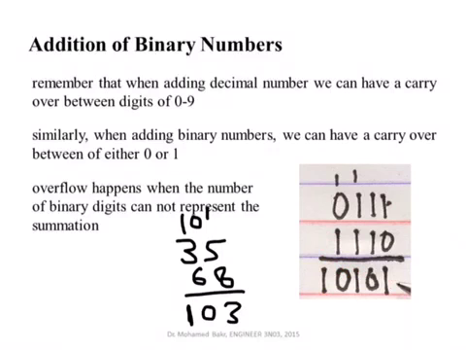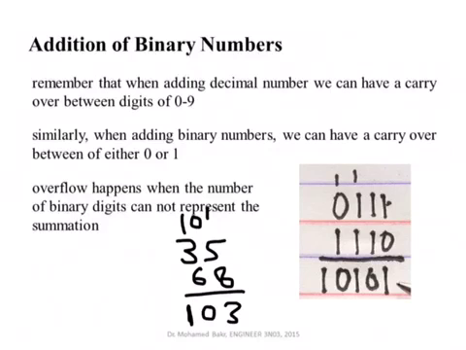So my answer will be 10101. Okay, so the sum of these two numbers is this one. And you notice here we have an overflow. What do I mean by an overflow? We sum two numbers that were represented by four bits, but the result turned out to be a number that required 5 bits. Okay, and this can happen sometimes when we have a program and we are using maybe 16 bits to represent a certain number, but the number goes higher than the value that can be represented by 16 bits. This will cause an overflow